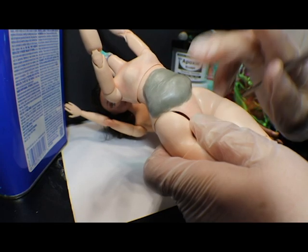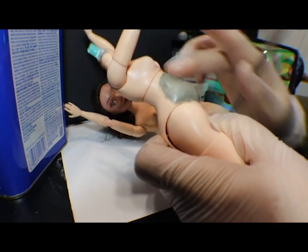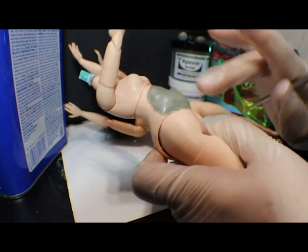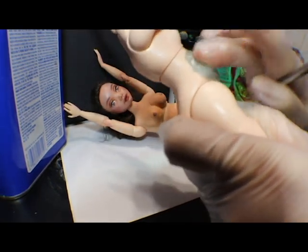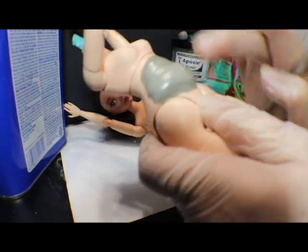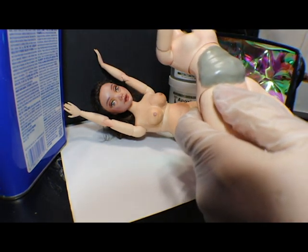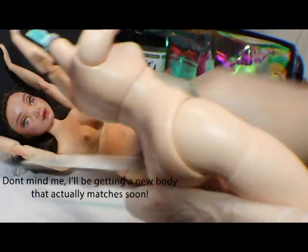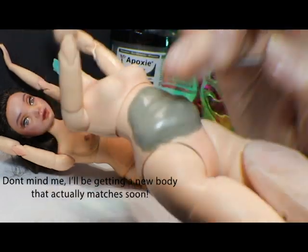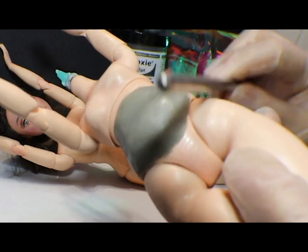And you want to kind of work slowly and push it just ever so gently, but not too slow, because remember, we're working with an air drying plastic clay. Once it gets to a certain consistency, the epoxy begins to shine up, and here it looks like I'm using water, but I'm actually just using the sheen from the latex gloves, and I'm sort of doing a polish onto the plastic to get that nice smooth look there, focusing on the edges with a metal chopstick to get that